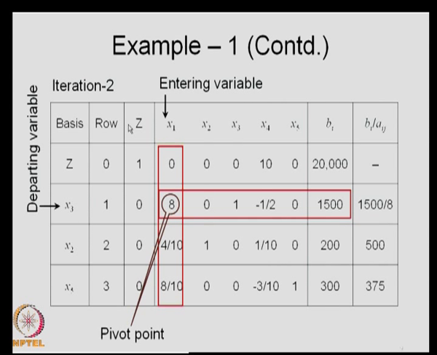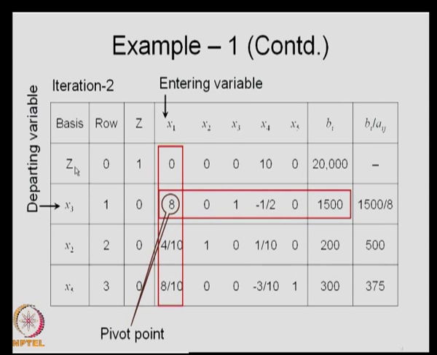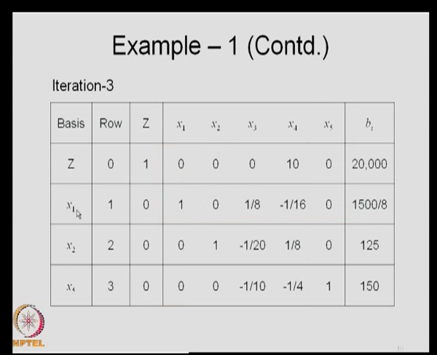So, you write one more iteration now. Starting with this, we write one more iteration, we rewrite the basis, we transform the pivotal row and then transform all the other elements as we did earlier. So, when we write the next iteration, the basis will get transformed from z, x3, x2, x5 to z, x1, x2, x5. x3 goes out and x1 comes in, but the objective function value still remains the same.